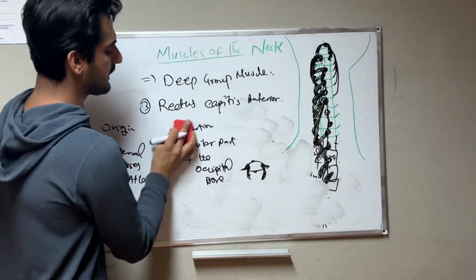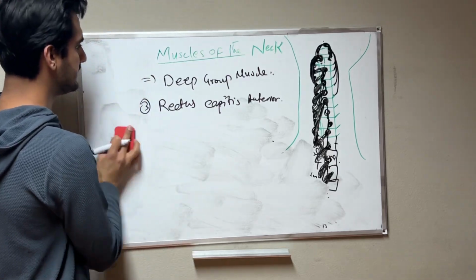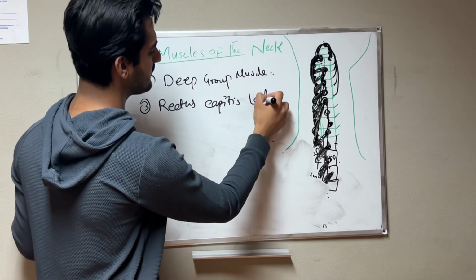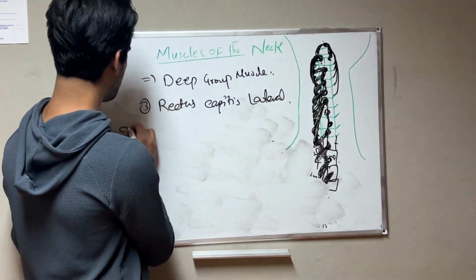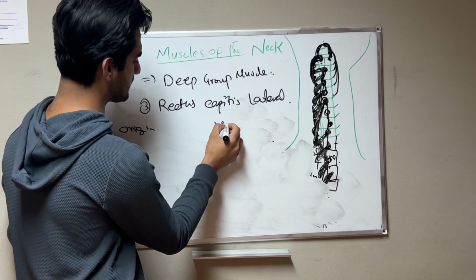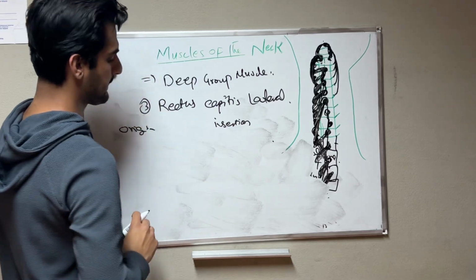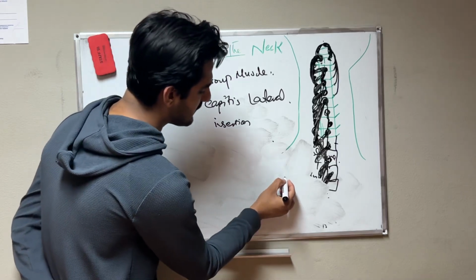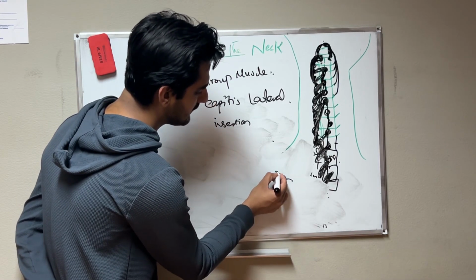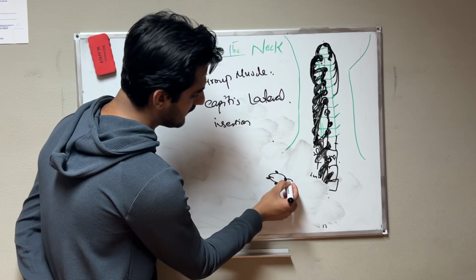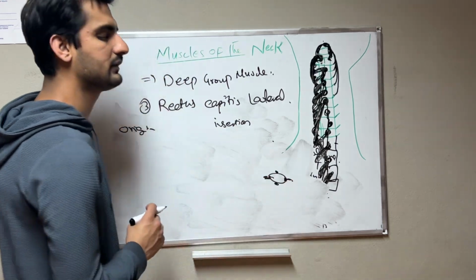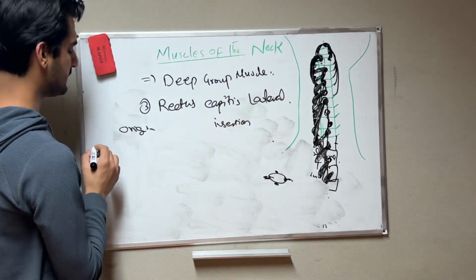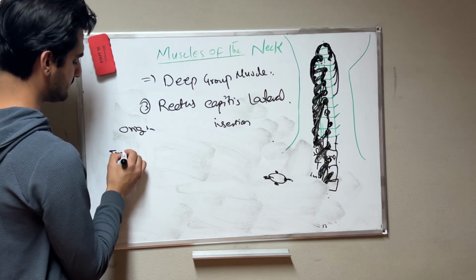Then we have the fourth muscle of the deep group of neck muscle. We have rectus capitis anterior, and rectus capitis lateral muscle. If you talk about origin and insertion, I already drew for you, I think you know the structure of C1. This is C1, again I draw. And this is a transverse process of the C1 vertebra. The rectus capitis lateralis muscle originates from the transverse process